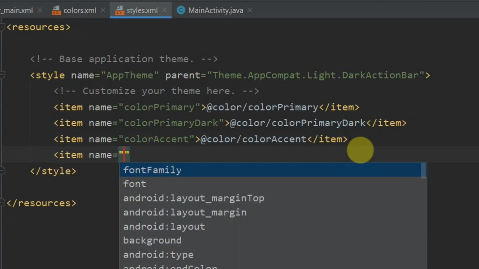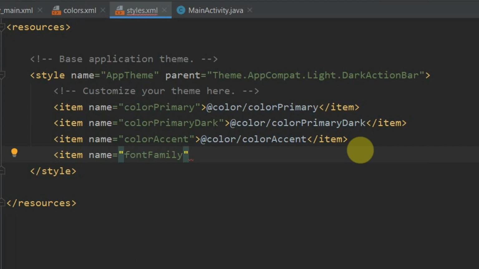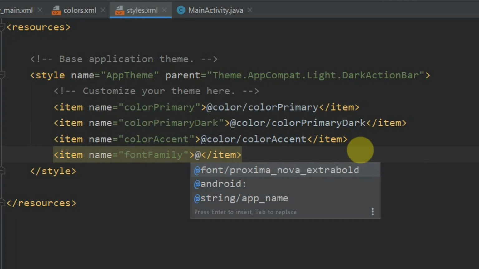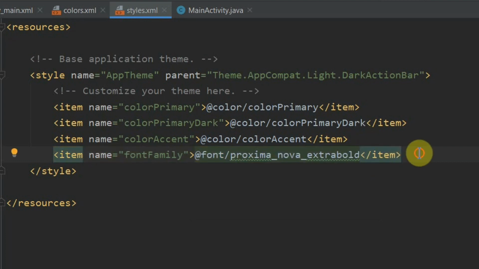Now the name will be fontFamily, right? And then we'll just close this. Done. And inside this we'll select the particular font. Just write @ and it will show the options which you've got. Select any particular font you want. I have this one, so I'll select this one. Done. Now the font gets applied to the whole application.